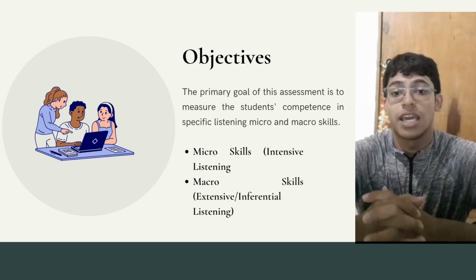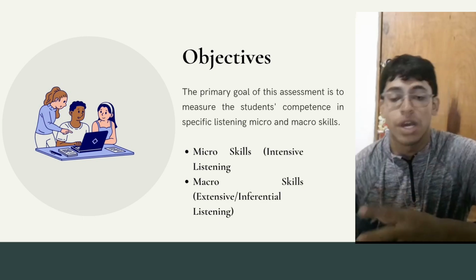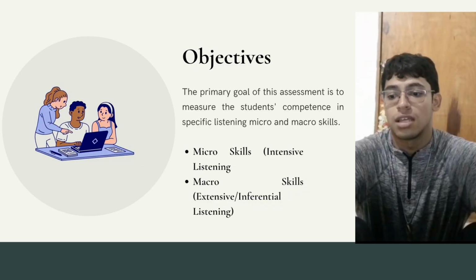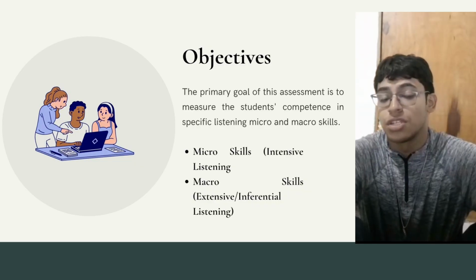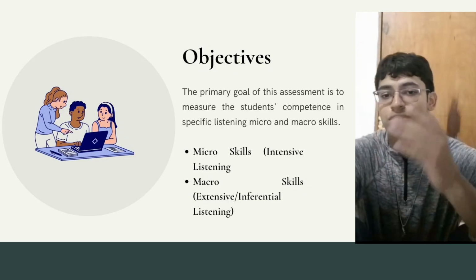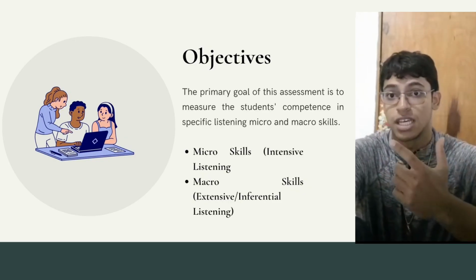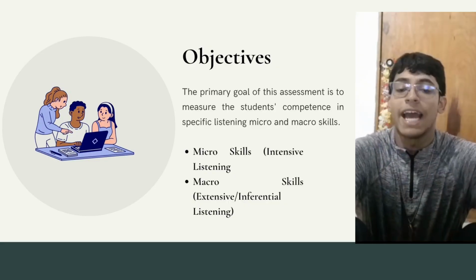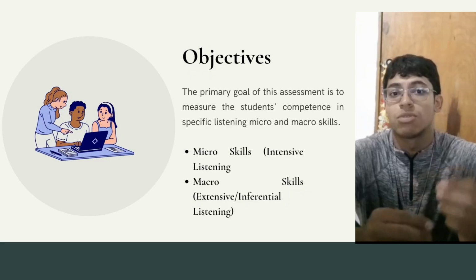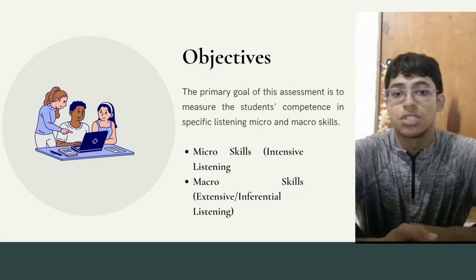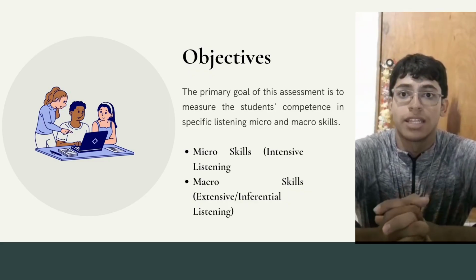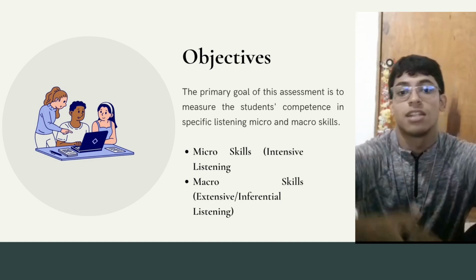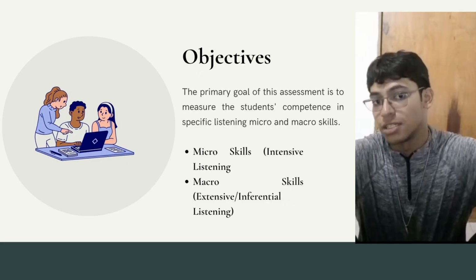To assess these skills, we require and include at least 3 types of questions and these were phonic discrimination and stress exercise that is related to the A and B part of the test. We use also multiple choice questions, MCQs, and fill in the blanks for the macro skills part, because MCQs are so versatile that they allowed us to test comprehension that goes beyond the literal understanding, like inferring meaning.